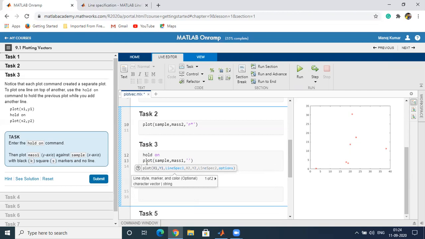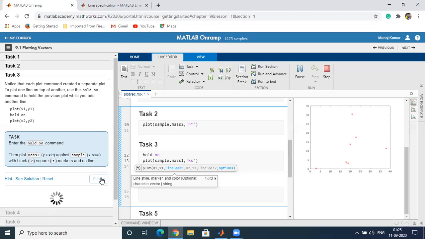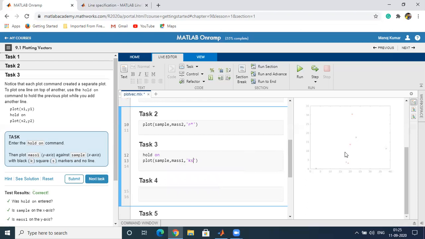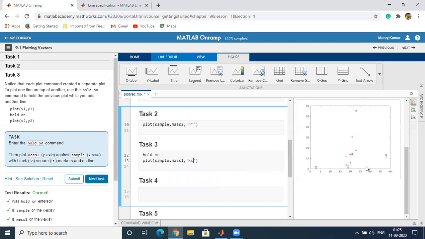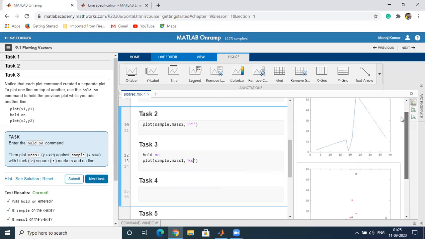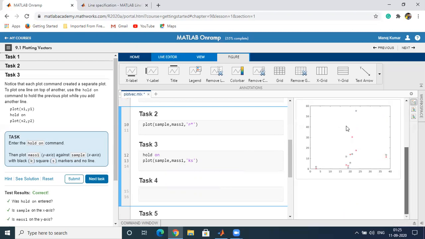For the black color, we will use k, and for the square we will use s, the square marker, and just submit. So you can see on the same figure we are getting the squares. That was the first figure, and the second figure. In the second figure we have plotted the third figure, which contains the square marker with the black color.